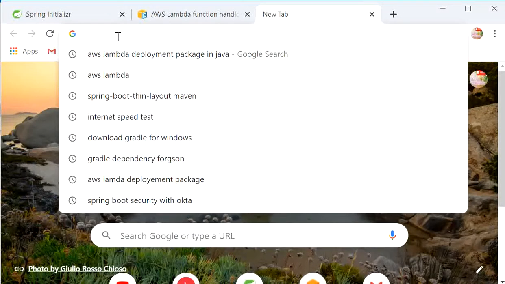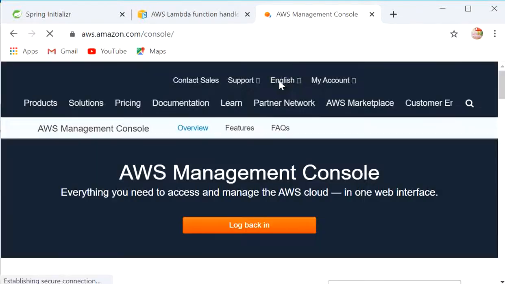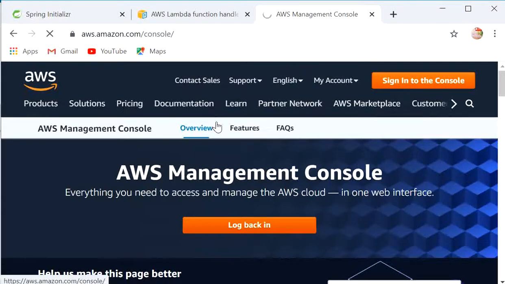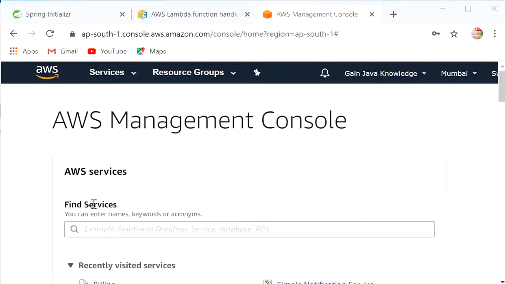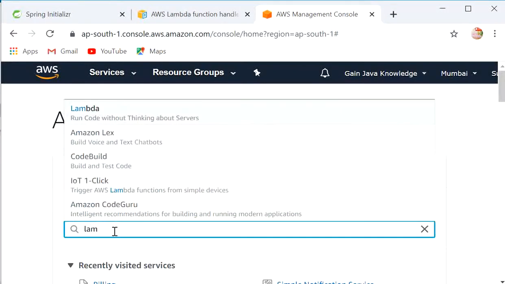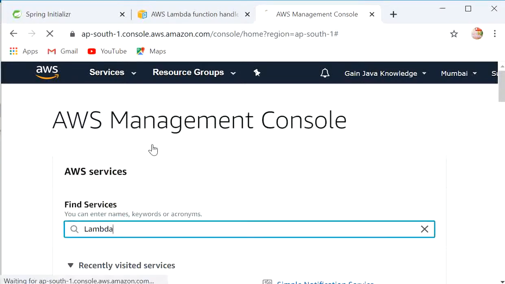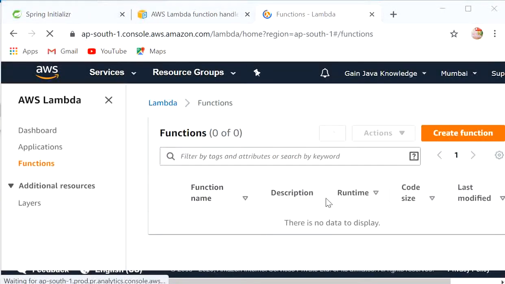So here I will open the AWS console, and here we need to log in. Now after login, I will search for Lambda, run code without thinking about servers. Here I will select this one, and now first we need to create one function.